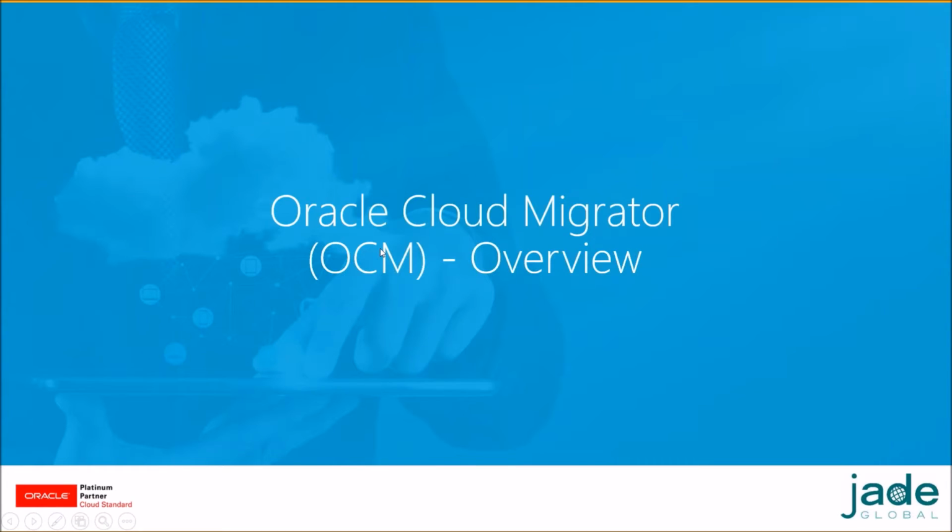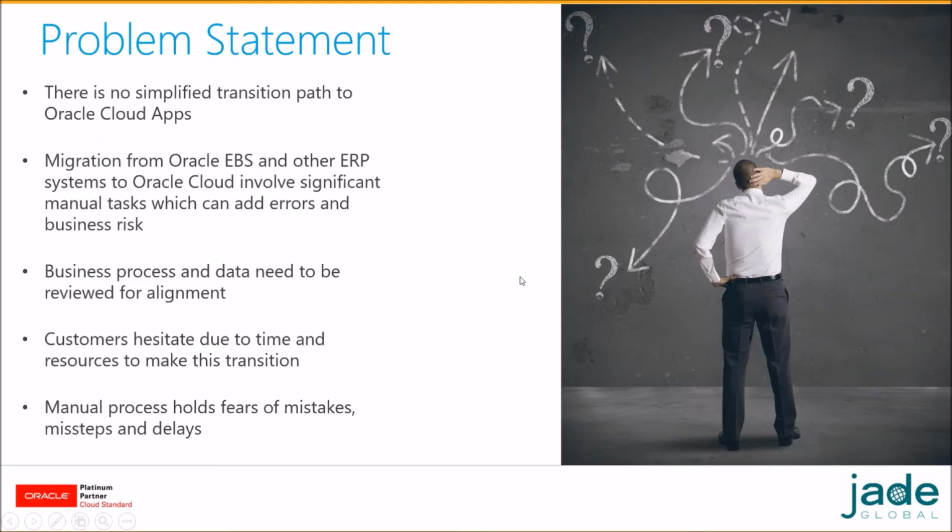So OCM is one of the major initiatives from our Oracle Center of Excellence. So now let's jump into the actual OCM overview. Let's start with the current challenges or problems which people face. Even though Oracle Cloud applications have been out for quite some time now and have an amazing set of functionalities and features,